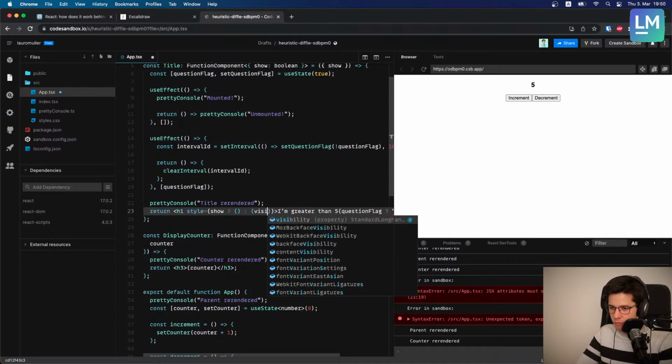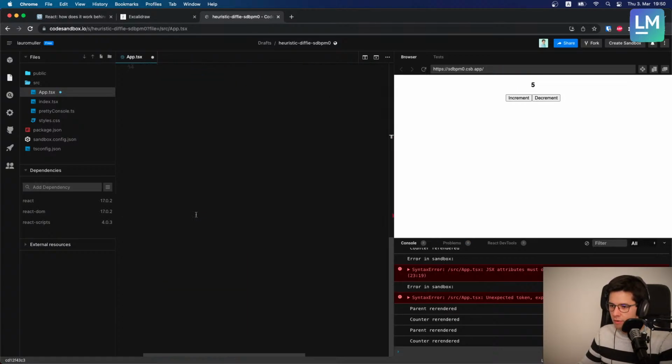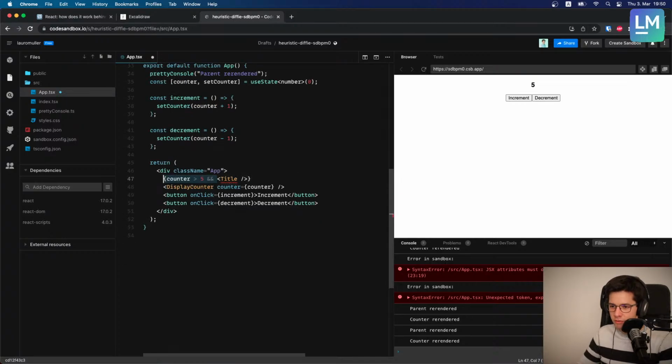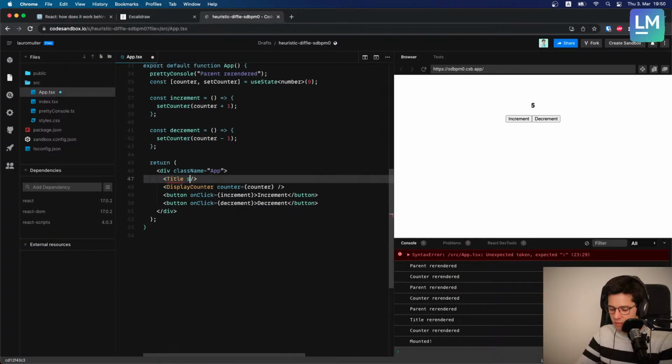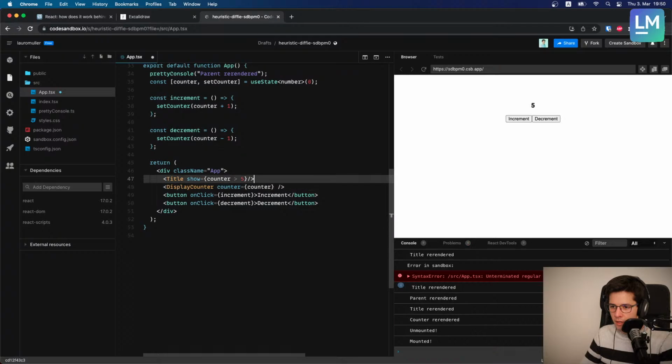Otherwise, I will have one with the visibility of hidden. Let's have a look at what's going to happen here. And now I'm not going to render this conditionally, but I'll simply say show is equal to counter greater than 5. Okay, you see that it doesn't show on the screen, and there is the